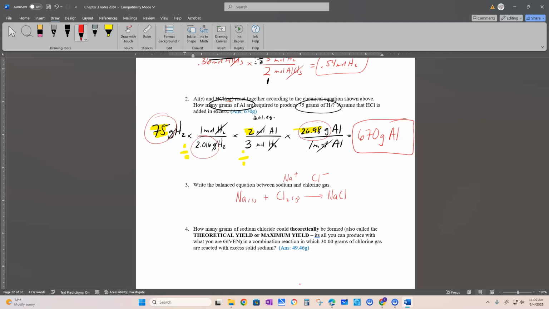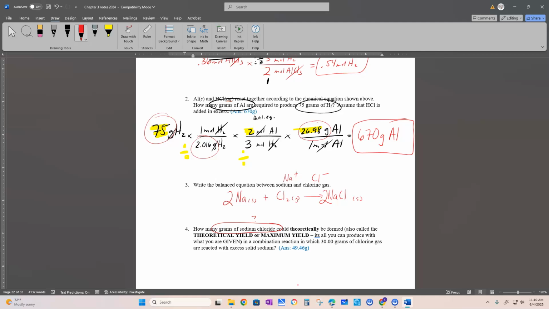Okay, doesn't matter what it forms. It's probably going to be a solid. Okay, sodium chloride. But I do got to balance it. Now, because I'm going to try to stay away from the fraction, you could put a 1/2 right there in front. But because I'm doing math, I like to keep whole numbers when I'm doing stoichiometry. So, number 4. How many grams of sodium chloride, so that's what I know I need to solve for,